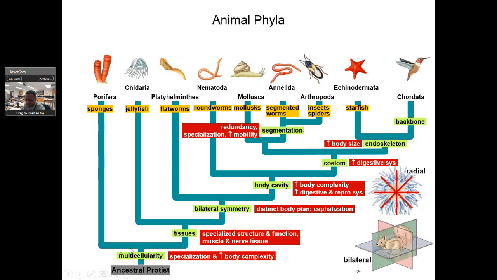So think about it: specialized body plan. The sponges really don't have a discrimination into different types of tissue. That's where you get to jellyfish. You start to see that. You see flatworms, which have 3 cell layers. So this has 2 cell layers, and then the rest of them have 3. You see the specialization when you see more complex organisms that are bilaterally symmetrical, and then as you follow this, you'll see digestion and reproduction is more complex.